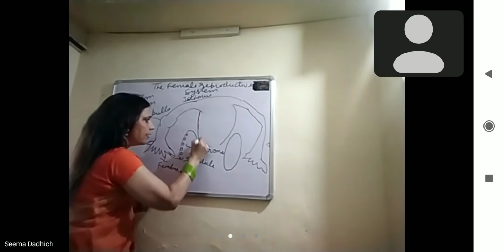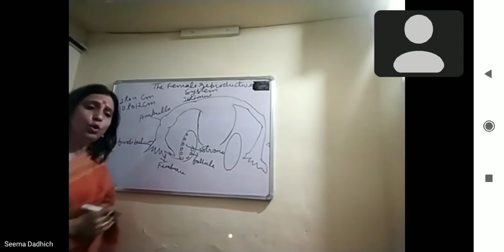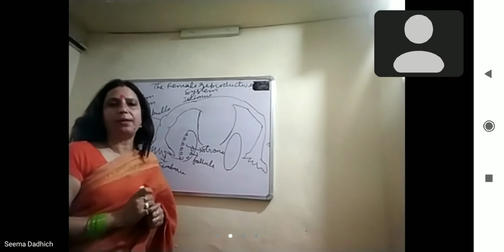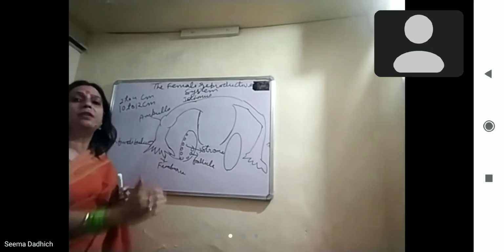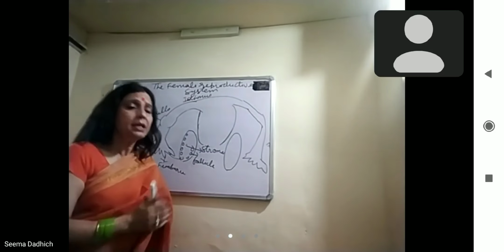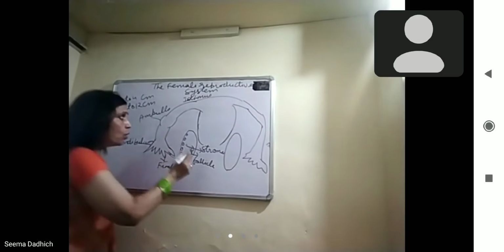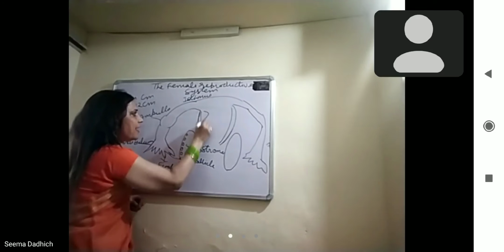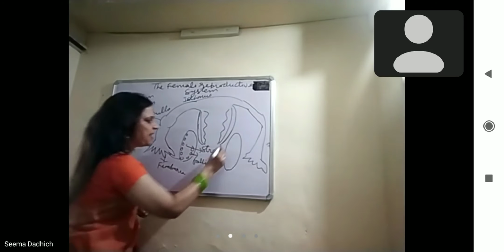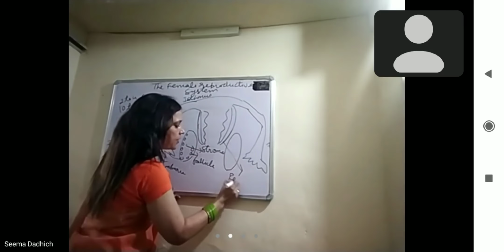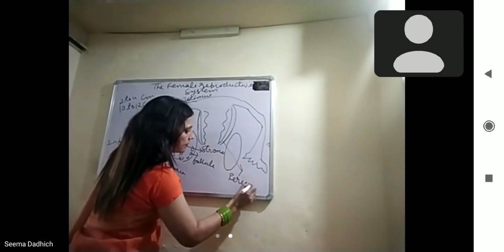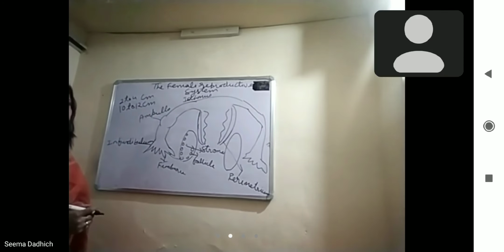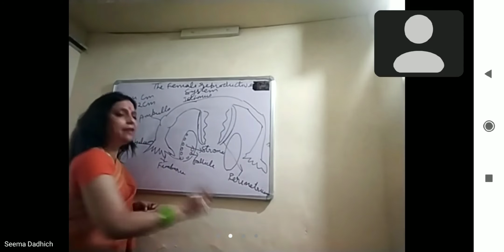What is that? That is the uterus. The uterus is a bag-like structure, muscular and pear-shaped, attached to the pelvic wall. Yes, and listen to me. The uterus is surrounded by three layers. The outer layer is called the perimetrium. Perimetrium, beta, is protective in nature. Are you getting my point? It is a protective thin layer.